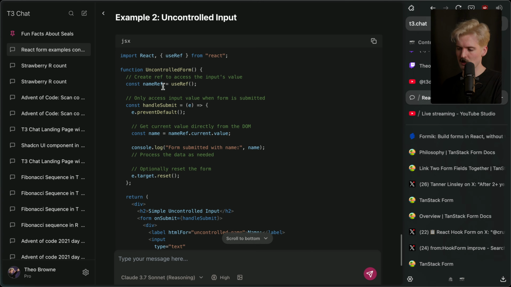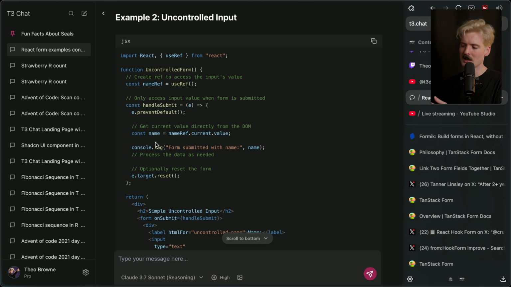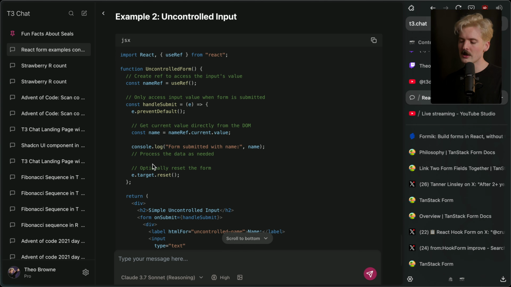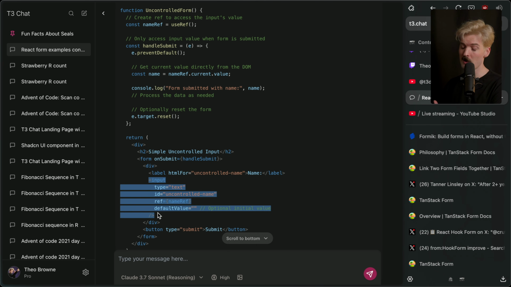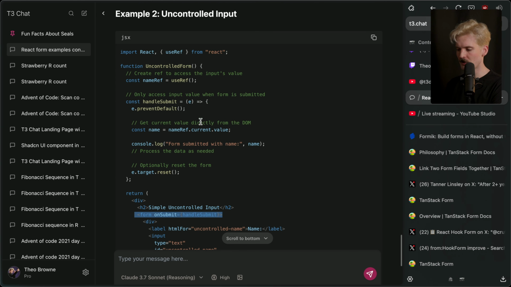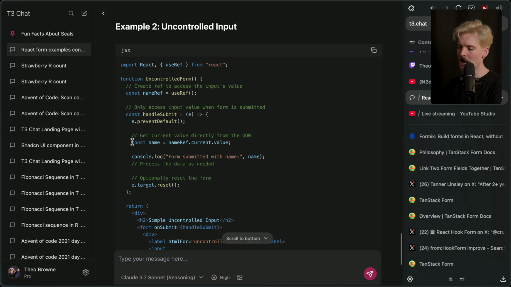Let's compare this to an uncontrolled form. Notice that we're missing a function here. We don't have an onChange because on submit, we're not going to take the value from React. The value is just what exists in the browser. So we pass default empty string. We don't pass a value or an update function to input here because we're not controlling input. Input is an uncontrolled field. When you submit this form, we traverse it to find this field because we gave it a ref, nameRef, for this input. So when we are actually submitting, we grab the value that currently resides on this